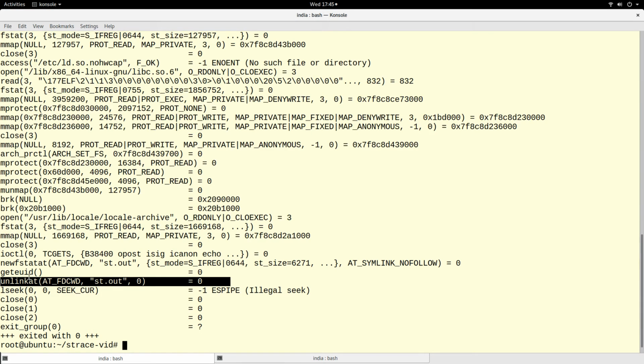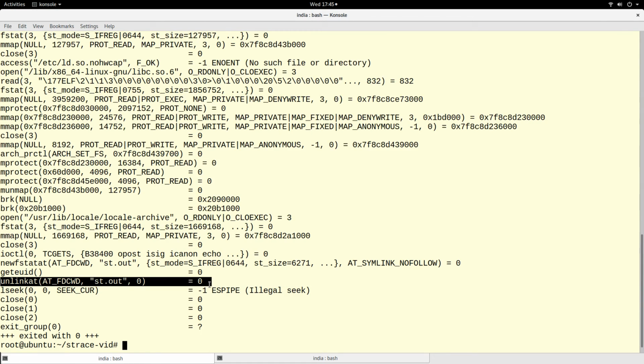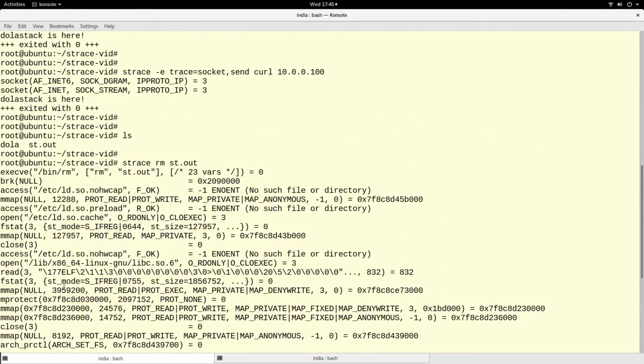So you see, unlink. It gave some variables and the name of the file that I want to remove. So you see how I can know what exact system call was called to remove my file. Like I said, the execve